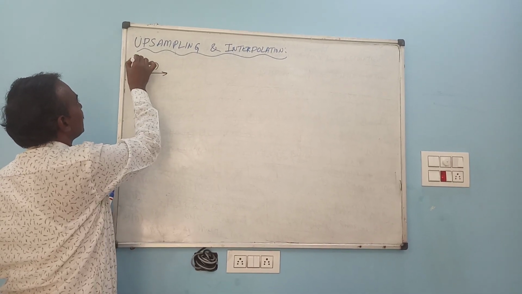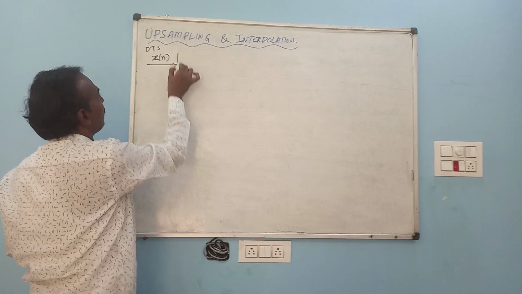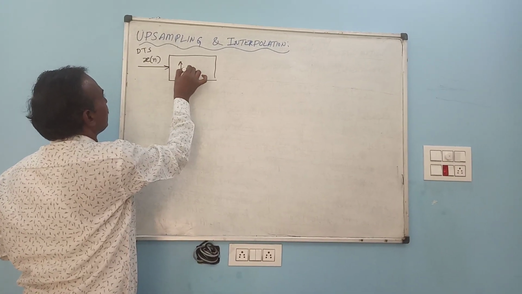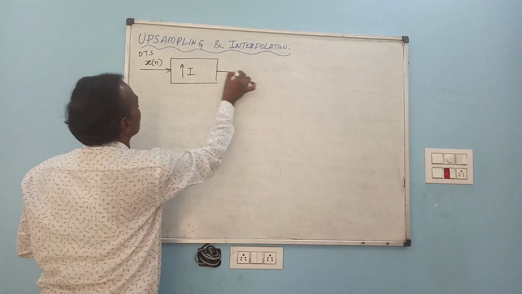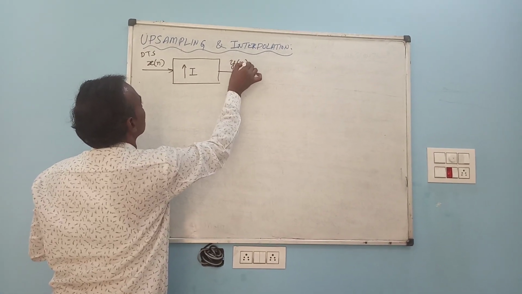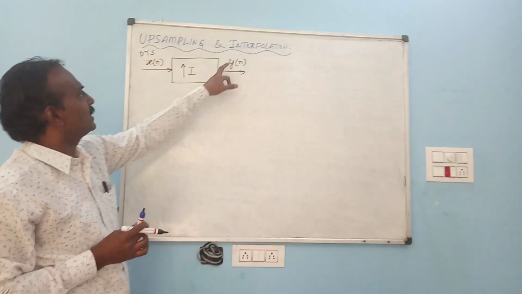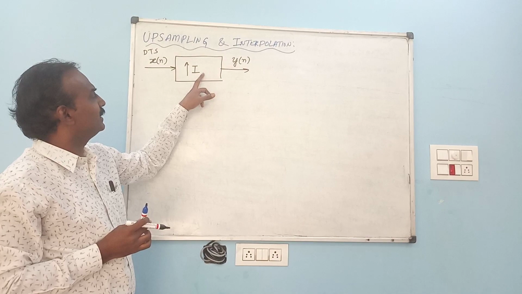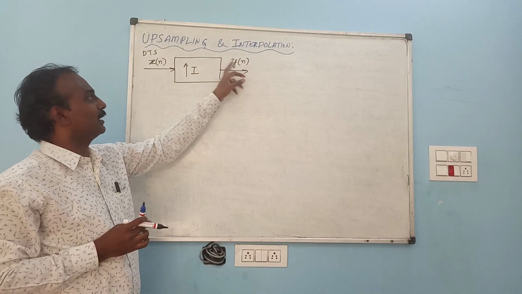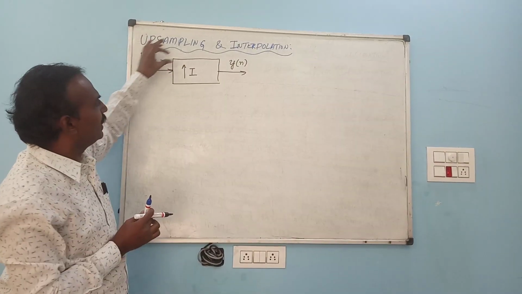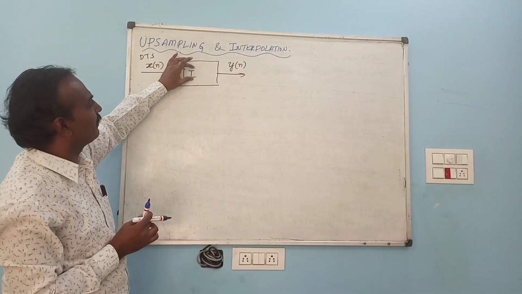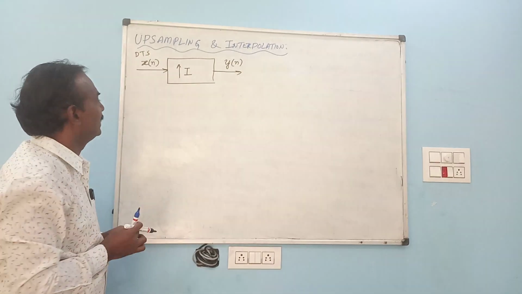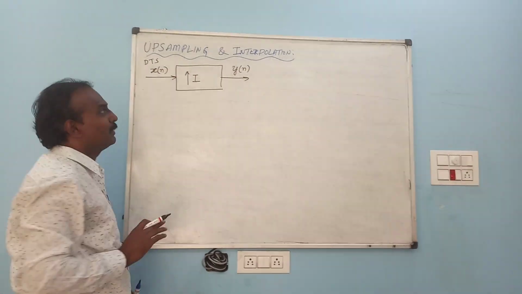This is a discrete time signal. Now I am passing it through an upsampler by a factor I. Let me take the output. This is the output version of the input after upsampling, right? So this is the output version of an upsampler. Input signal x of n after upsampling by a factor I. Now we are getting output y of n, right? Now it is just simply the reverse of that.